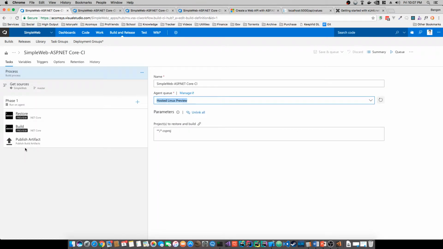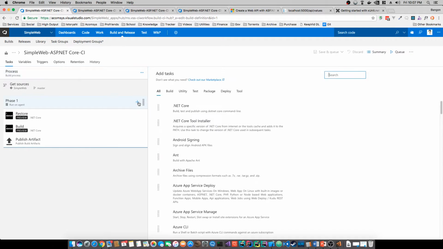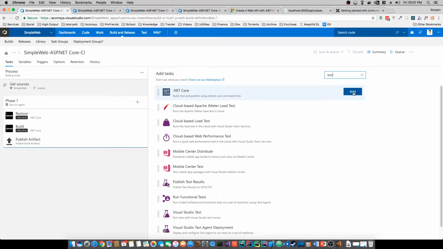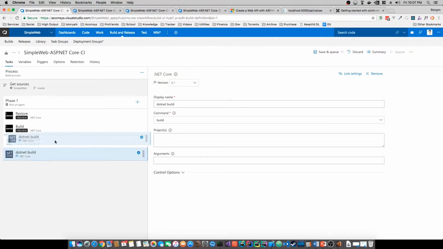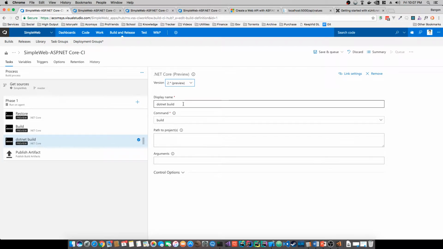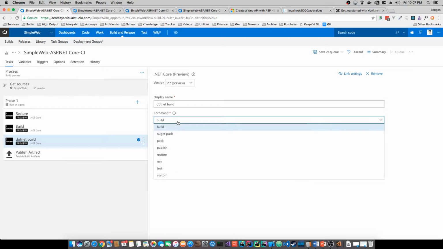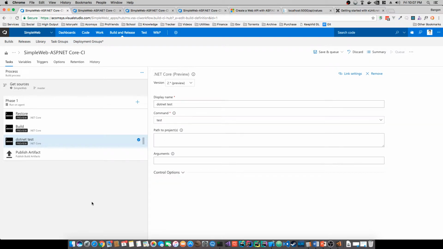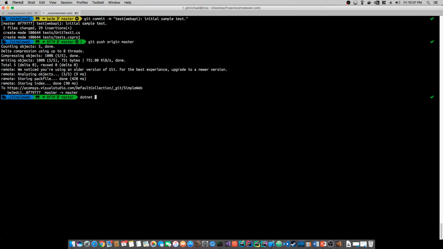Now we will edit the build definition and add another step here to test. So let's add that step and then go to run test for .NET Core 2, and not a test, but let's click .NET test. Let's rename this to test. So the command was dotnet test,